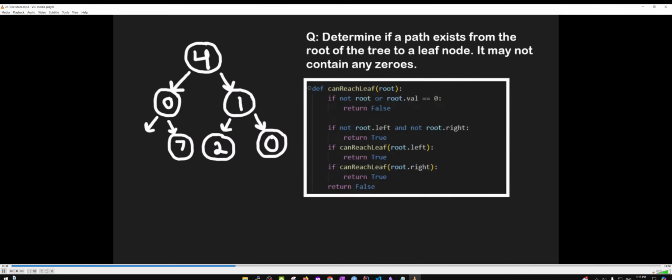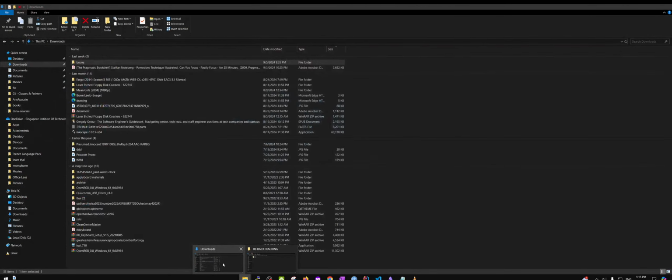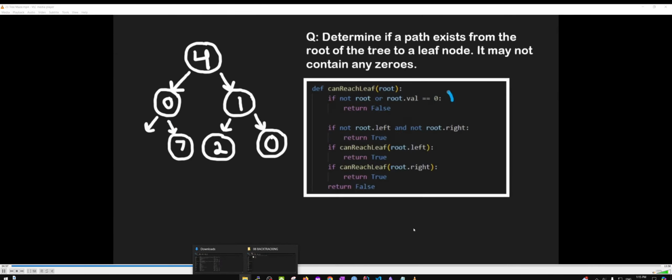So the code for this solution would look something like this. You can see it's pretty similar to the other tree traversals, the recursive ones that we already looked at. So in this case, the